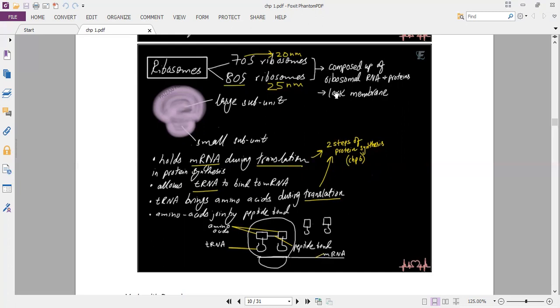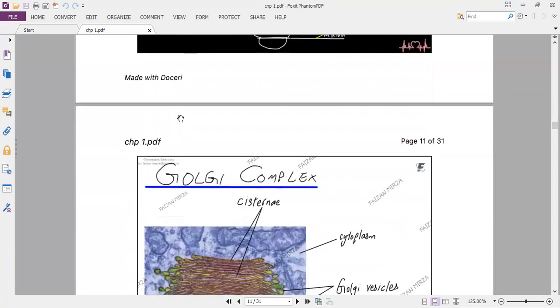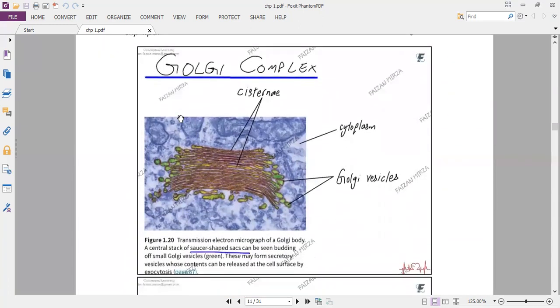They lack a membrane. Either of these ribosomes, if you look at their structures, have two subunits, a larger subunit and a small subunit, and this is completely made up of proteins and ribosomal RNA. Where was this ribosome synthesized? It was synthesized by the nucleolus. This is, I think, what we discussed earlier.